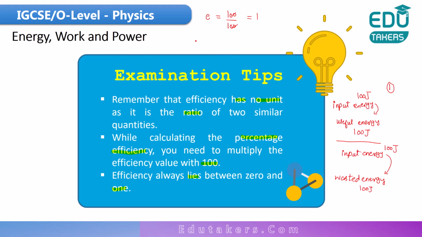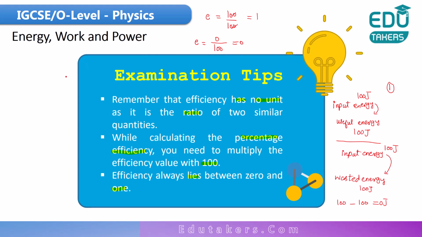When you have to calculate the efficiency in this case, first of all, you have to calculate the useful output energy, as all of the input energy is converted into the wasted energy. The useful output energy is equals to 0 because input energy is 100 minus wasted energy is again 100. You get the useful output energy is 0 joule. So I write here 0 over the total input energy is 100. You get 0. Both of these are the special cases that show the efficiency lies between 0 and 1.